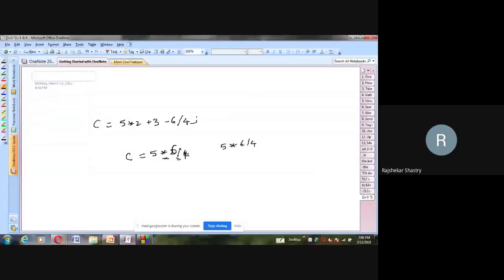So there are two operators. Among the two, if I ask you, some people will say 6 by 4 and some will say 5 into 6. So the confusion is here. When two operators having the same priority occur side by side in the same expression, the concept called associativity comes into the picture. So let us talk about these two concepts with respect to arithmetic operators.